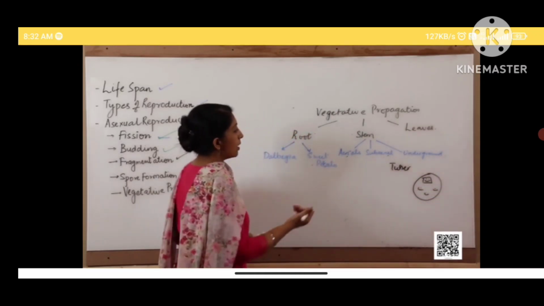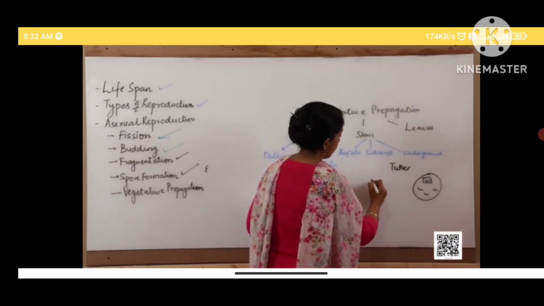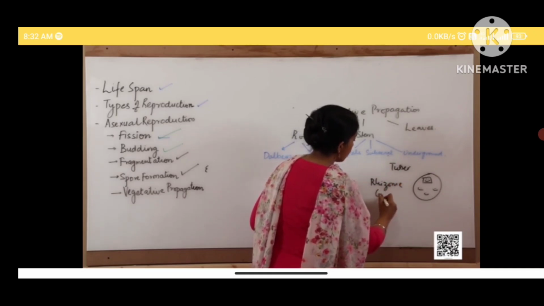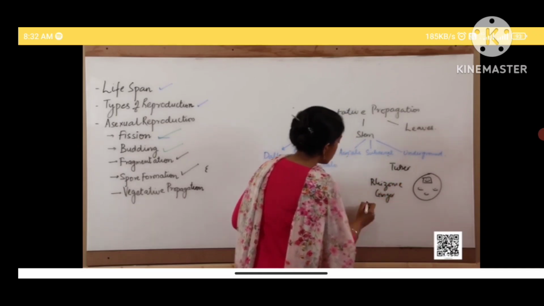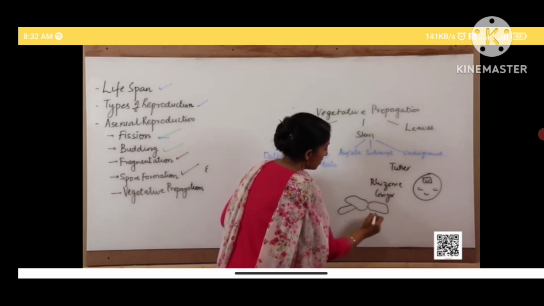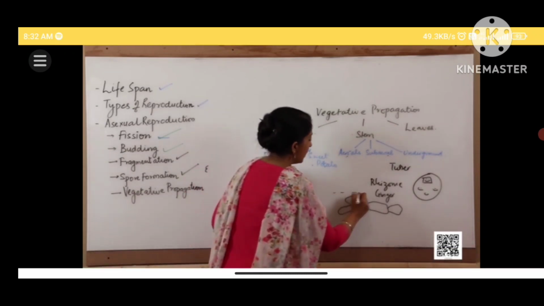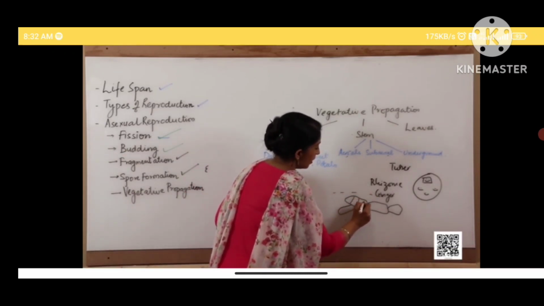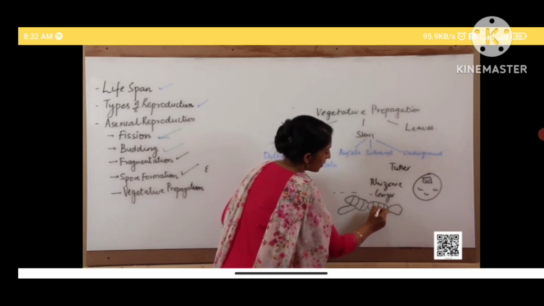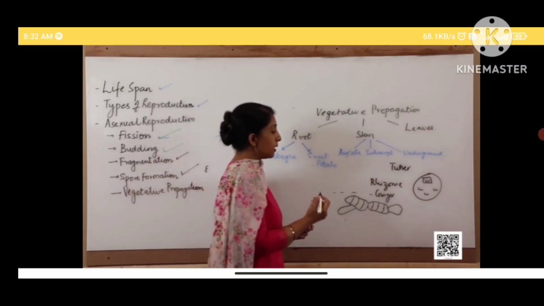Similarly, the underground stem, like the rhizome, example is ginger. They are structures like this, growing horizontally in the soil, and they have circular nodes. And in these nodes, there are certain buds, and each bud has the ability to give rise to a new plant. Similarly, there are examples like bulbs